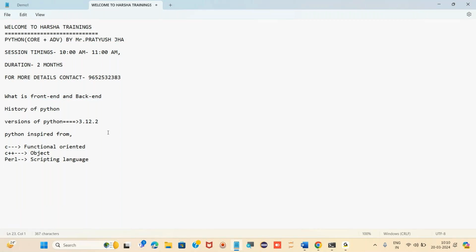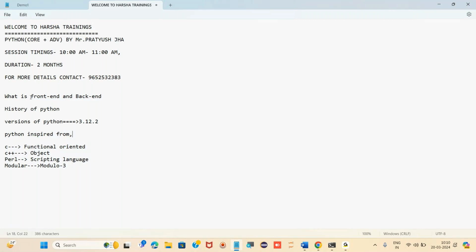Okay, and Modula-3, for modular. Fine. So we have four languages from where Python has inspired, right? Fine.